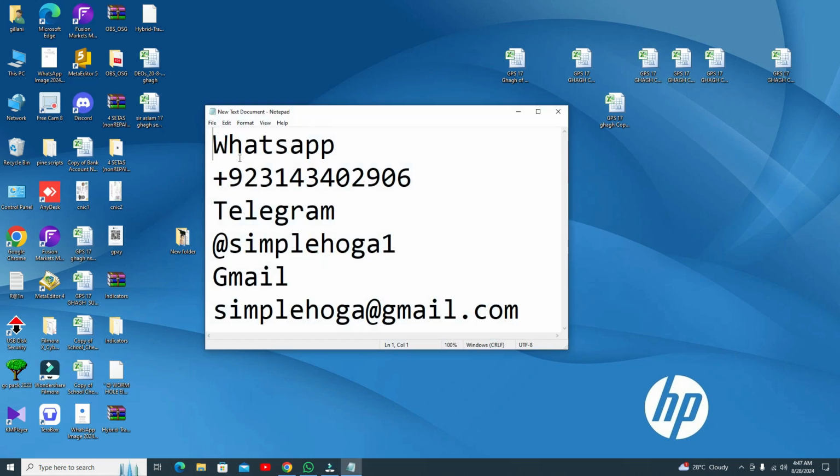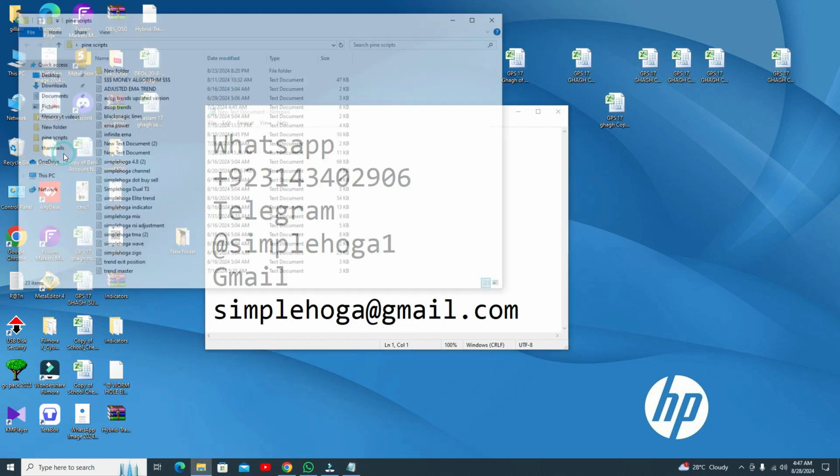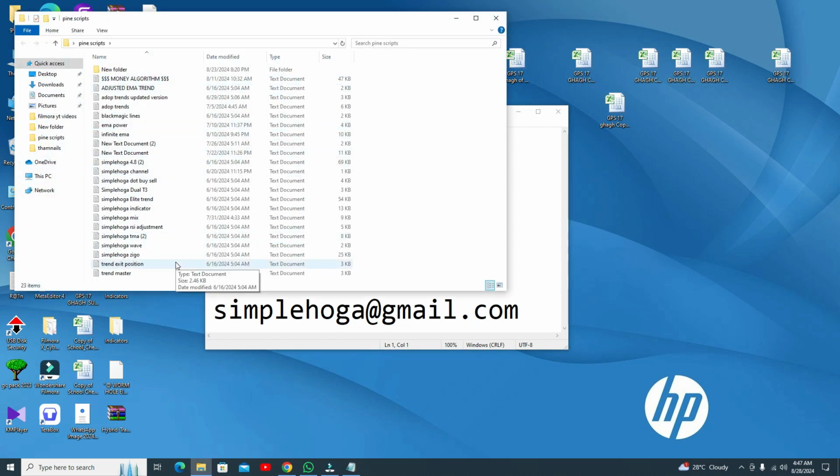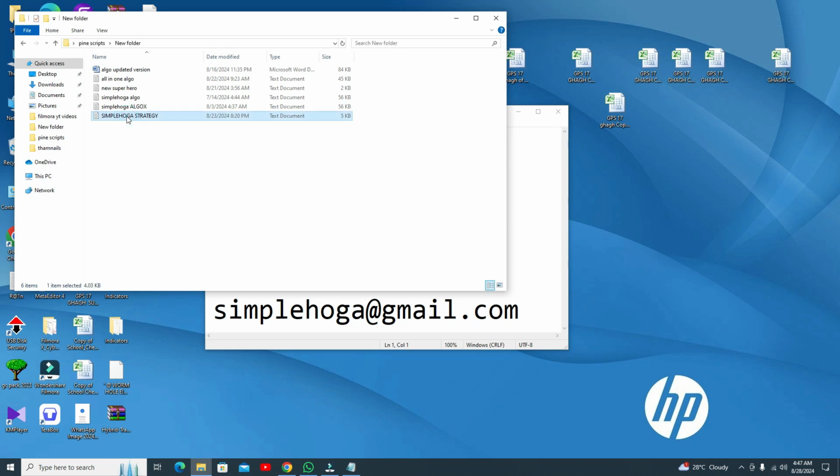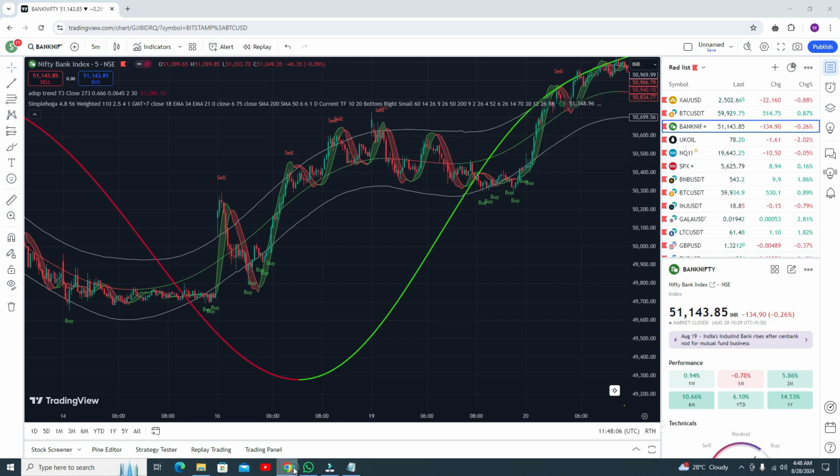My scripts are paid. Let me show you. These are all my scripts here, and I am talking about this one algo. It's a very amazing one. There are some more algos, but here this one, this one, this one, and this one, all four are the same, just updated versions. Okay, this is the most updated version here, this one. Okay, and the remaining ones are previous algos, but I updated the indicator, and this is the most recent algo, and this one is the new algo. Okay, and it's amazing. So the question is how you can add the script.